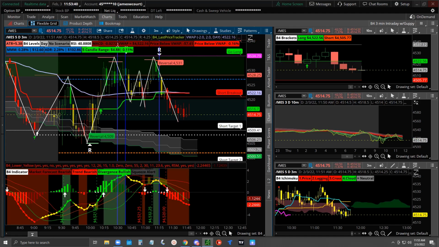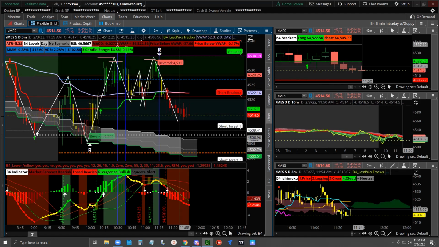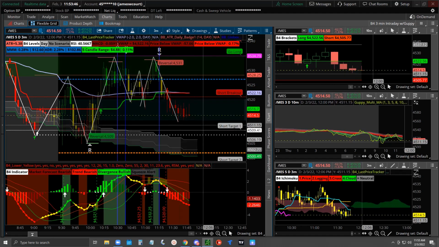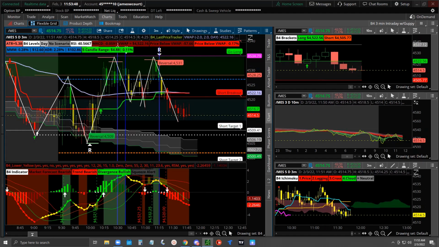Oh, I moved that stop. I don't care. That's what it's for. If I see a good lower high, I'm going to move it. I see a good micro lower high, I'm going to move it if I'm selling. If I'm buying, I see a good higher low, I'm going to move it right up there, right? Otherwise the market can get you in this kind of environment. I mean, it's been just going sideways.